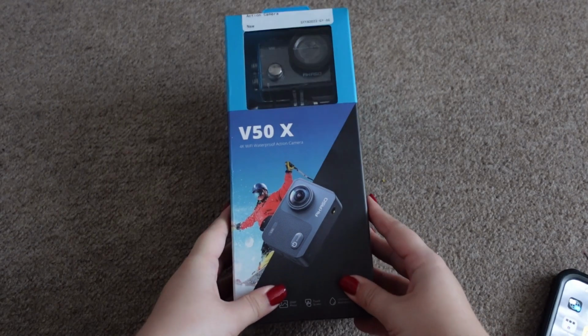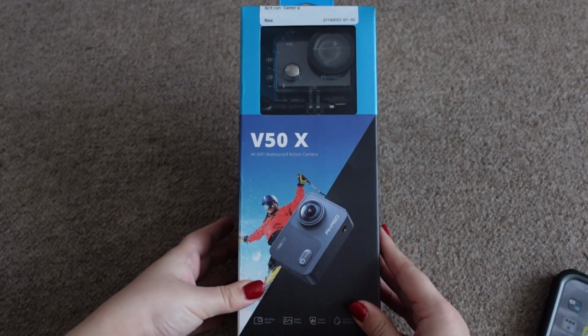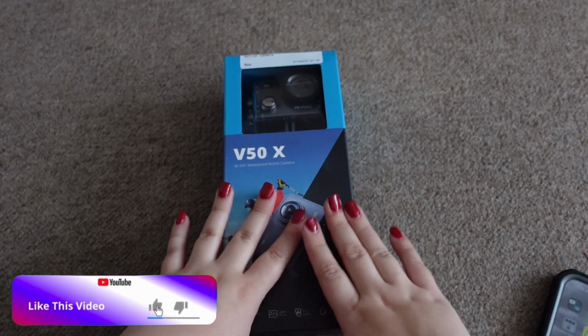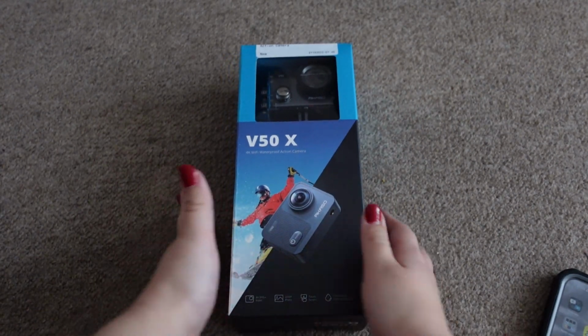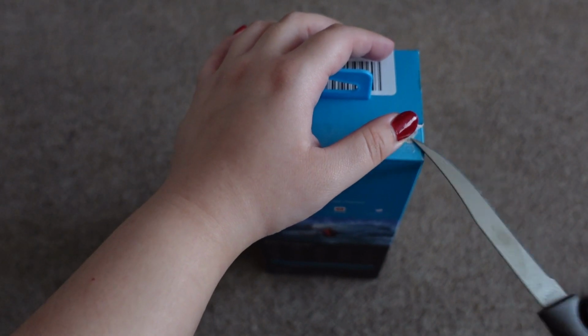In today's video we are actually going to be looking at a new camera that I just got. It's the V50X action camera. I thought we could see what's inside of it, give a proper test of it, and give you guys my thoughts just in case. Okay, so I had to get a knife because not only did they glue it down,